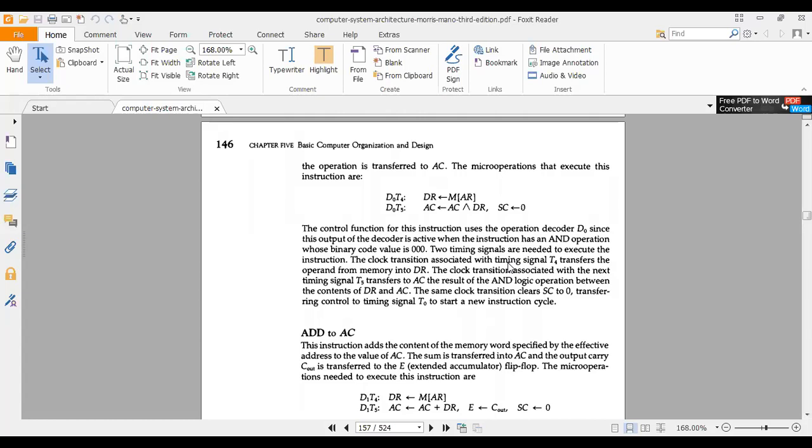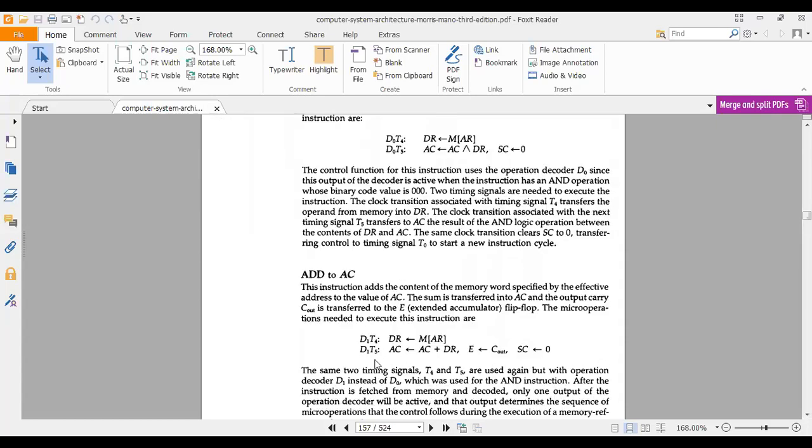And that is at time T4. After that time interval, at time T5, the logical or the arithmetic operation is performed. Here the addition operation is there, so the content of the accumulator with the content of the data register is performed at time T5. Now if there is a carry, that carry must be kept temporarily in the ALU, that is E, the temporary register. After that operation, the result is at the accumulator. Now on completion of this operation, SC must be 0.